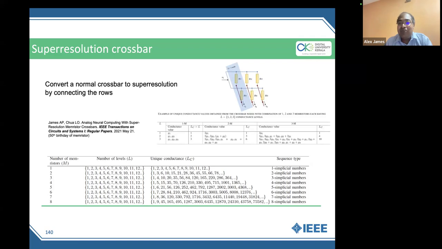So even if some of those levels individually disappear, I'm still having a large number of emulated conductance levels, which I can use for analog compute with high precision. And with this, we built an analog convolutional neural network, which gave software-level performance in analog, with variability also. And when you do this, the other thing that we found was it is tolerant to variability, because we are